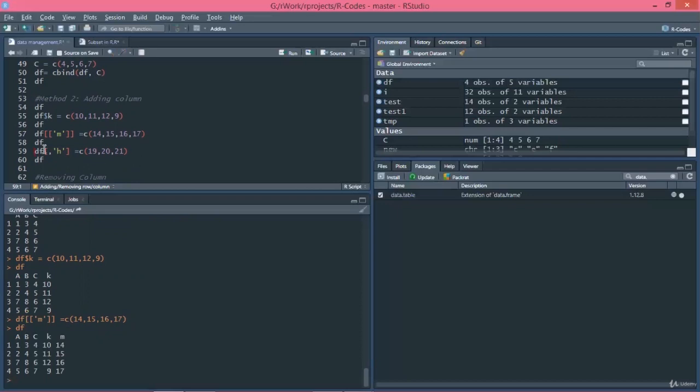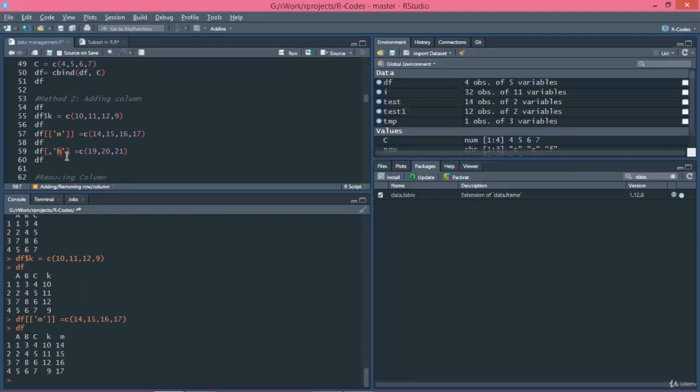Similarly, there is one more way we can add a column. Whenever we use square brackets, the notation inside that bracket is row comma column. So if you want to add a row, you should mention the name before the comma. If you are adding a column to your data frame, so df, then empty, because we are not adding a row here, we are adding a column, so it will be blank comma.